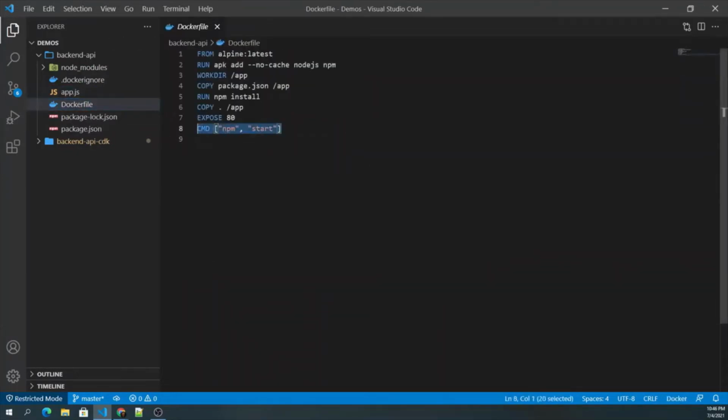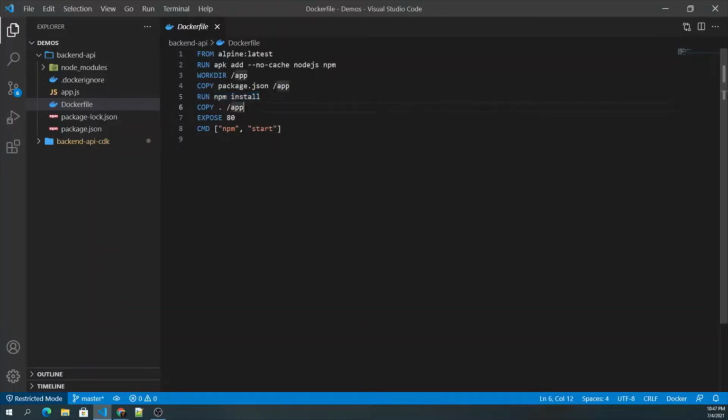So this Dockerfile has a few statements. As the first statement, we are downloading the Alpine latest image from the Docker Hub, and then we are installing Node.js and npm, and then we are setting a folder named app as the working directory for this particular container, and then we are copying the package.json file to this working directory, which we have configured in here, and then installing the dependencies.